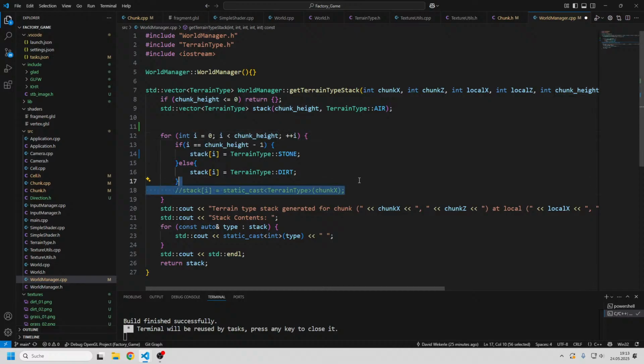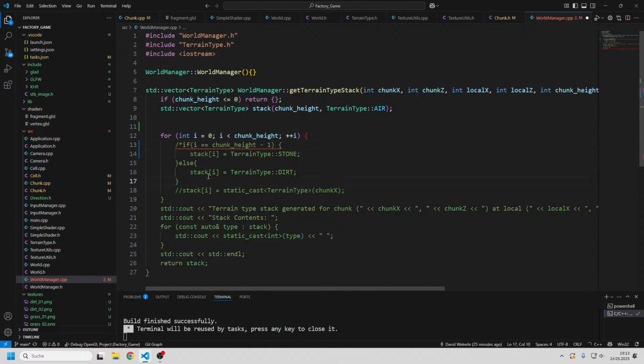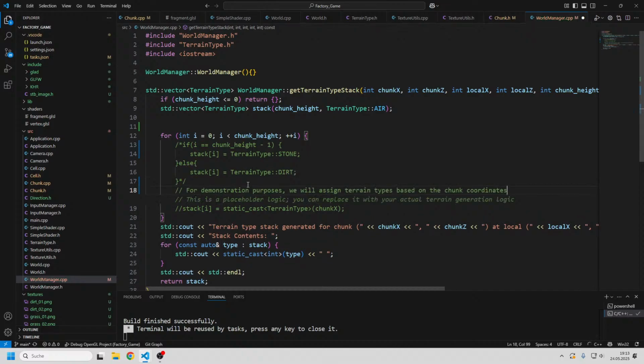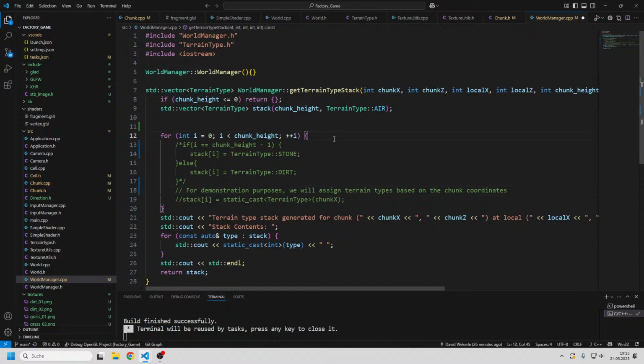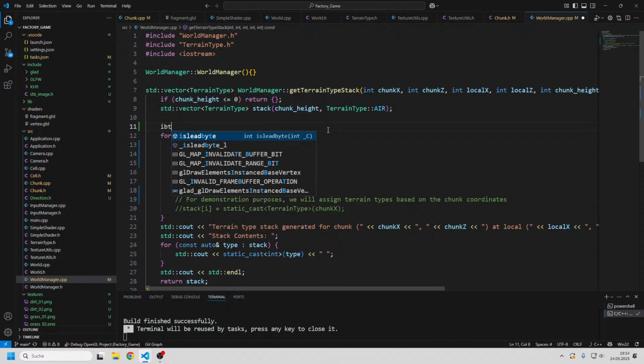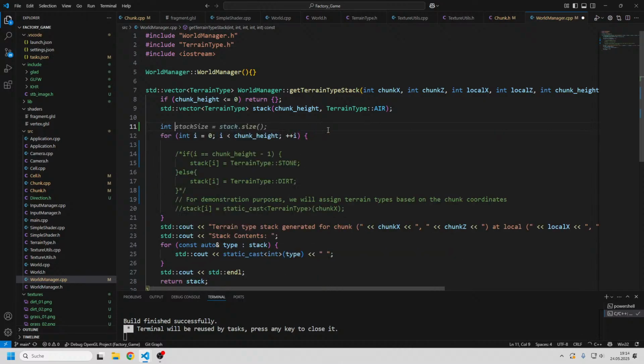But what we want to do then is basically, instead of doing that dependent only on the chunk height, we also want to change that dependent on the X and Y, or X and Z, as I said. So let's first of all, before we do anything, create our real coordinates. So let's say int